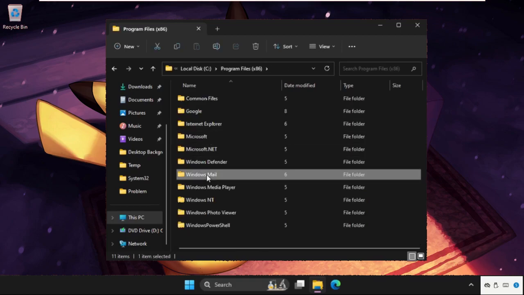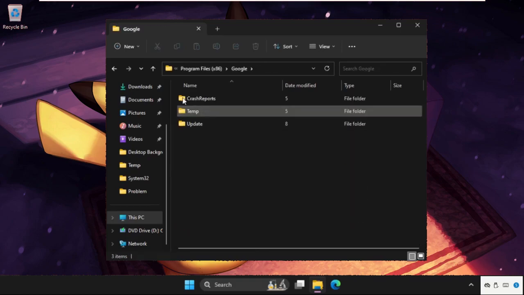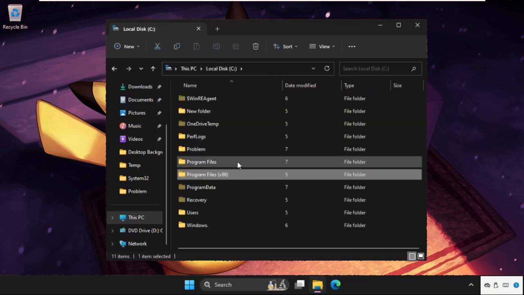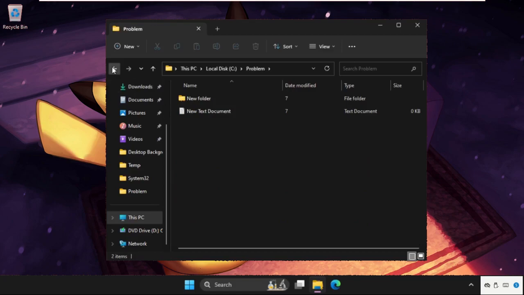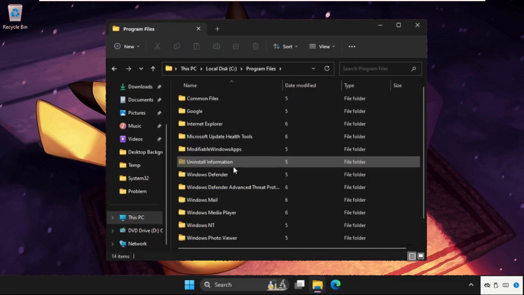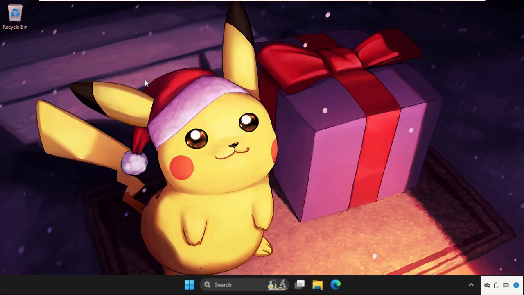So I just wanted to uninstall Google Chrome, so I will just go to the Program Files, and I will find out the Google Chrome, and simply I will delete all the files from it. So if you want to see, I just show you